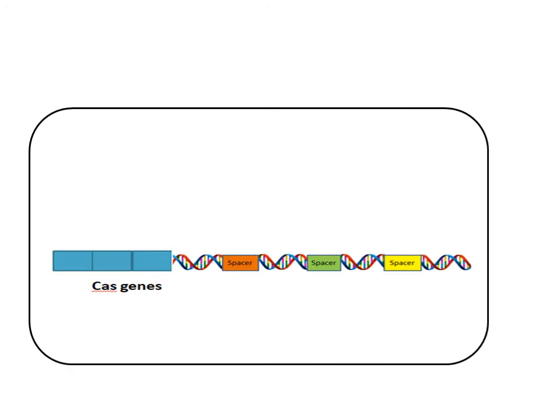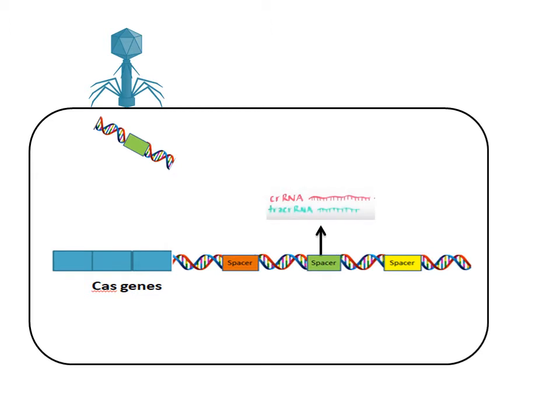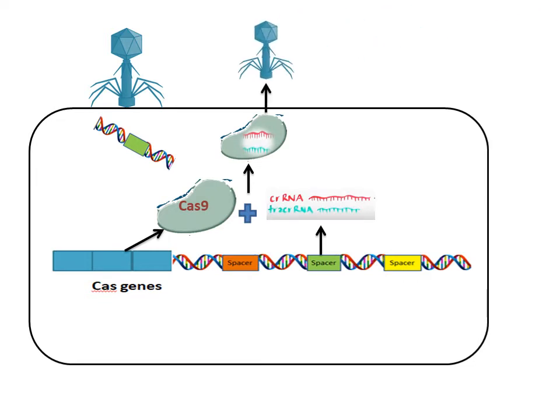Let's say this is a bacterium. When a virus invades it, the CRISPR DNA produces two types of small RNA called the CRISPR RNA, written as crRNA, and a tracrRNA. The Cas gene produces an enzyme called Cas9, which is a nuclease. Now the Cas9 enzyme plus the RNAs form a complex that cuts the DNA of the invading virus, thus protecting